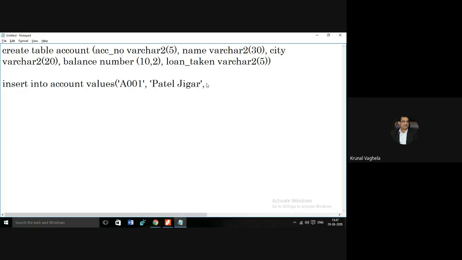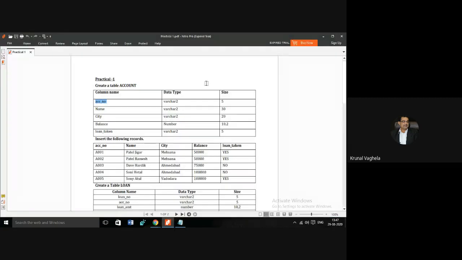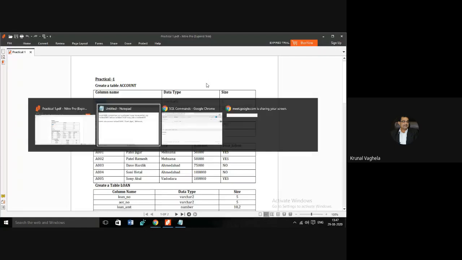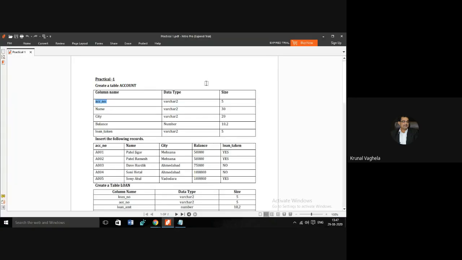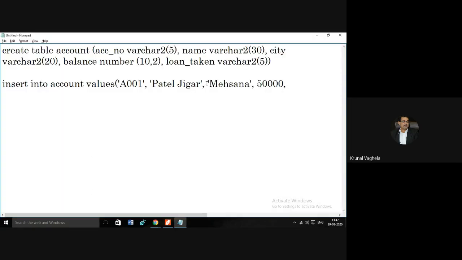Comma, space. Then third one is city. City is Mehsana. Comma, space. Fourth one is balance. Balance is number. So number data types you should not enclose in the single quote. So 50,000, comma, space, loan underscore taken is yes.